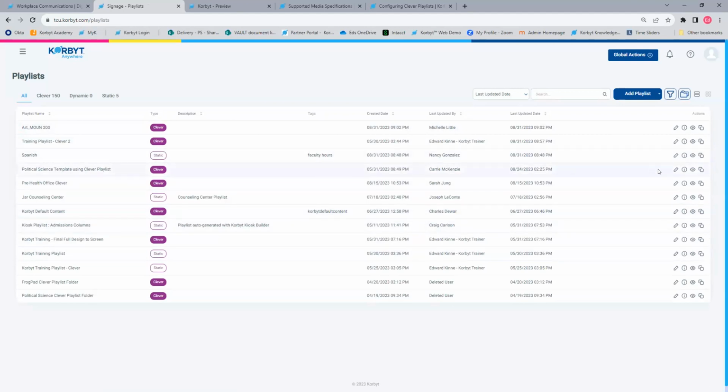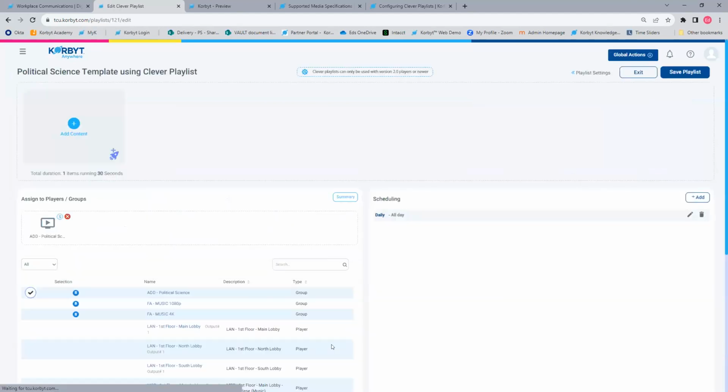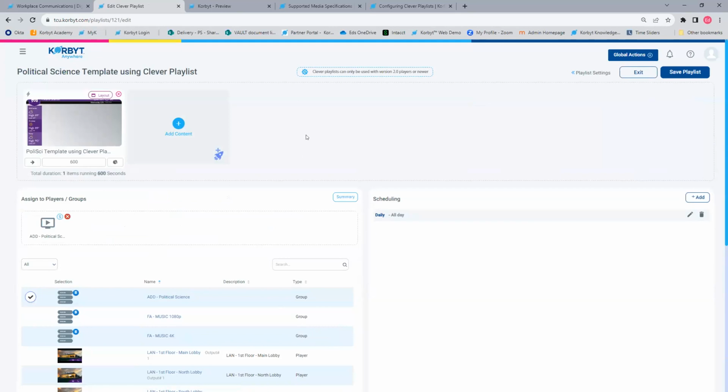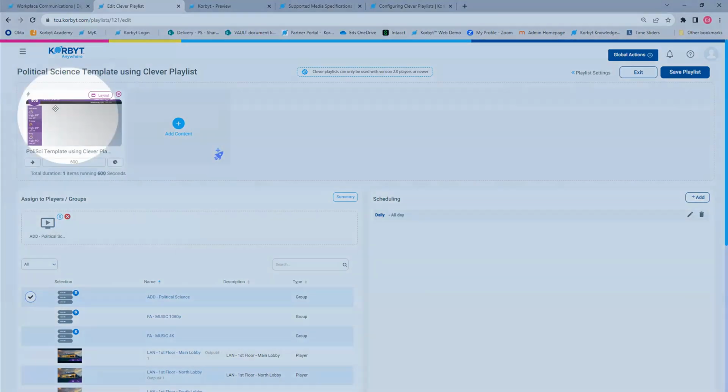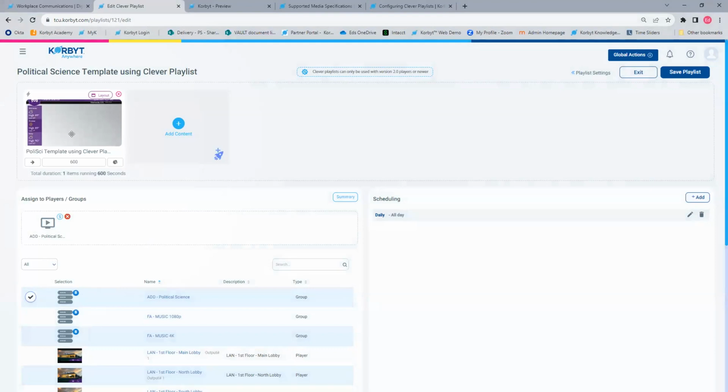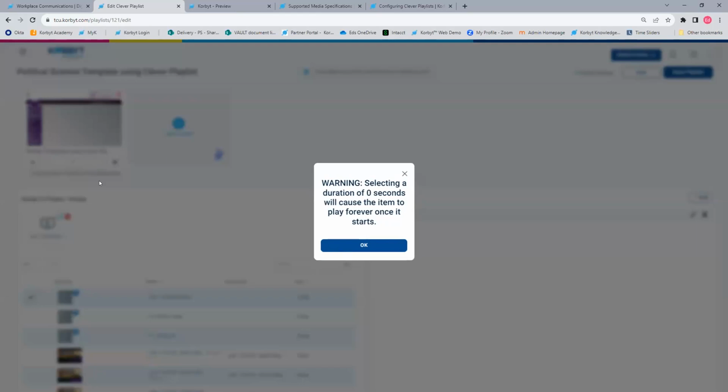The other thing you might see in playlists that you go into, the more common way to ensure that a layout always has the screen that has a long playlist that should be playing through embedded. The most common way you will see that done in Korbyt to make sure it always works is to set that item to 0 seconds. 0 seconds, little counterintuitive.